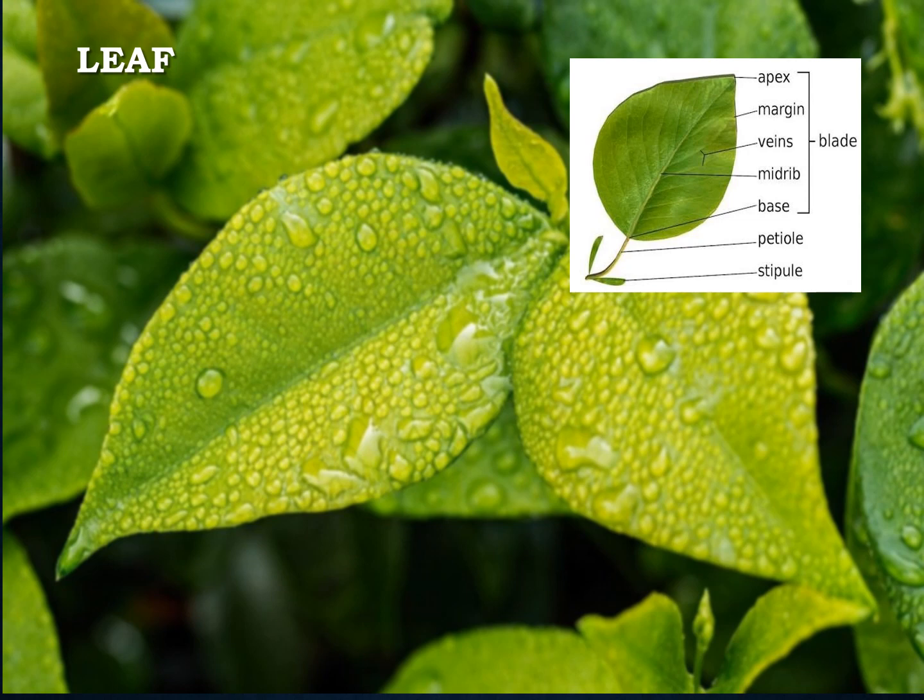Students, now come to discuss the very important and essential part of the plant, that is leaf. Leaf is actually a flattened green outgrowth arising from the stem of a vascular plant. Vascular plant means angiosperm, gymnosperm, and also the pteridophytes. As the primary site of photosynthesis, leaves manufacture food for the plants, which in turn ultimately nourish and sustain all